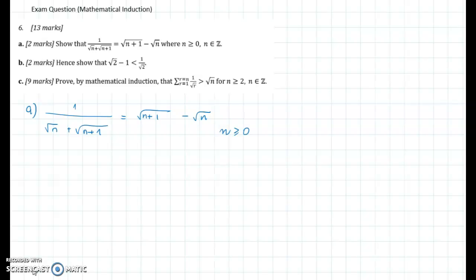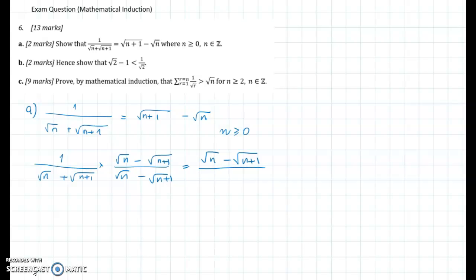greater or equal than 0 in the set of integers. The approach that I think will work very efficiently is to try to rationalize the denominator in the left-hand side. If we multiply and divide by the conjugate of the expression we have in the denominator, so we multiply and divide by square root of n minus square root of n plus 1, we are going to have square root of n minus square root of n plus 1 on the numerator, and then in the denominator we need to consider square root of n squared minus square root of n plus 1 squared, and this is going to be